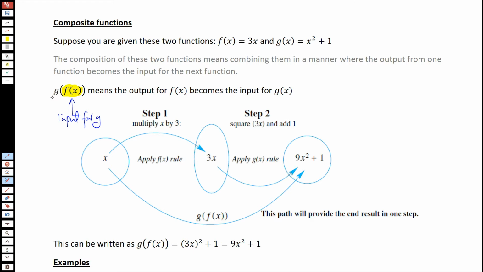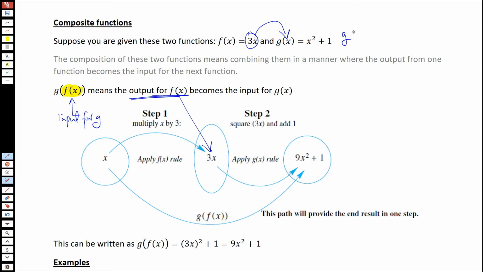This can be represented in a diagram as what's shown here. So of course you start with x and then you apply f first of all to end up with the output for f, which is given by that. And then you apply g. So g takes the results of f. And if g takes the results of f, what you'll end up with will be